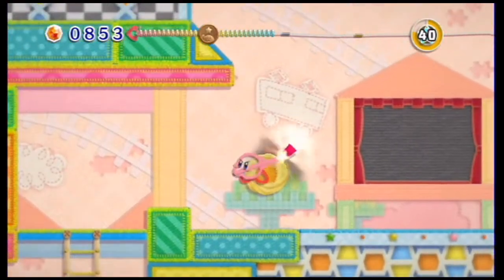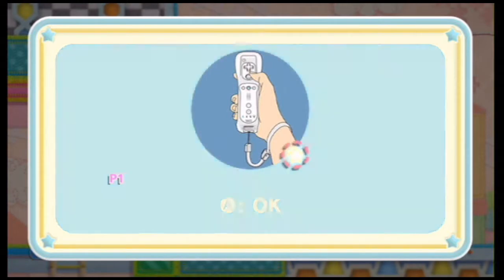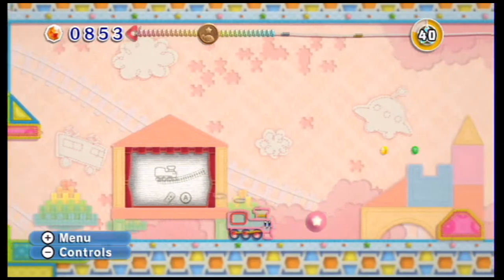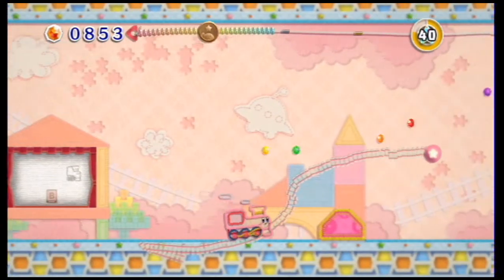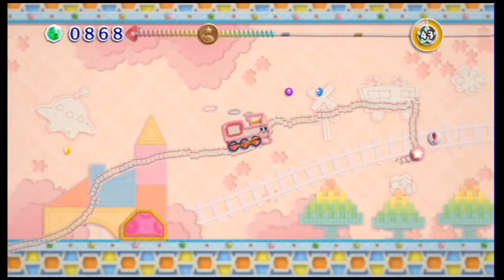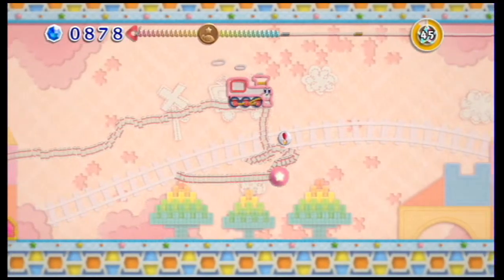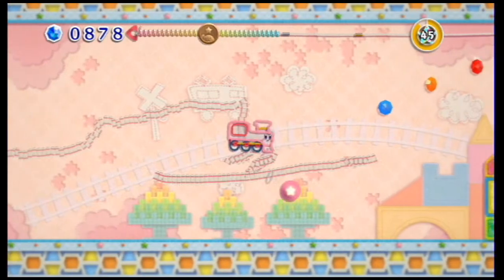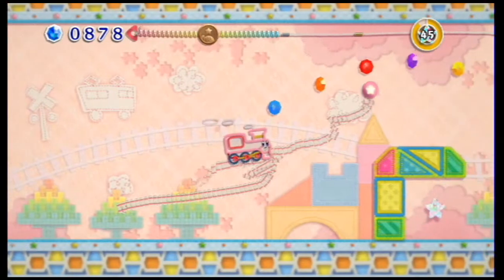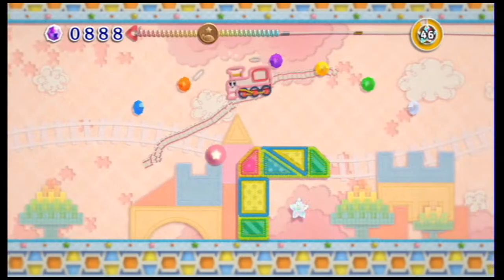But I digress, here we go with another transformation, and of all the other transformations we come across in this game, I will admit this particular transformation is one of my least favorite in this game right away. Just because, first of all, as you can see, we transform into Train Kirby. The basic controls for this transformation are that we need to aim at the screen, and then you can see the main cursor. And what you can do with the pointer cursor is